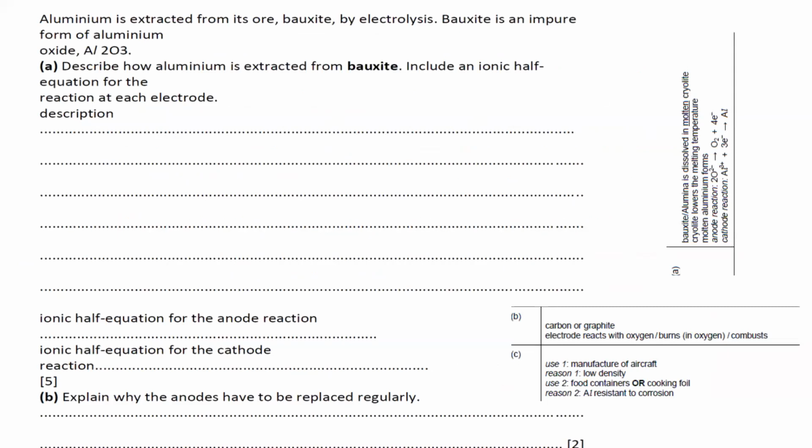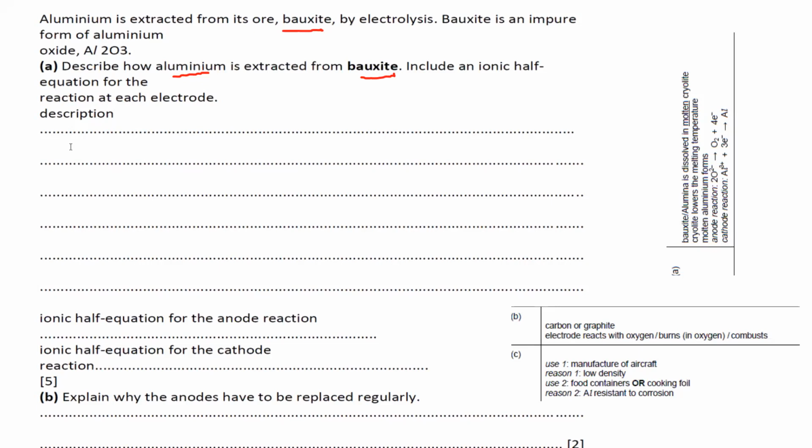Now some questions, as we discuss the extraction of aluminium. In the question they are saying aluminium is extracted from its ore bauxite. The bauxite is the ore, and how do we extract aluminium? We extract it by electrolysis. Bauxite is an impure aluminium oxide. Describe how aluminium is extracted from bauxite. Include the ionic equation for the reaction at the electrode and the description. So basically what happened first, what we do,